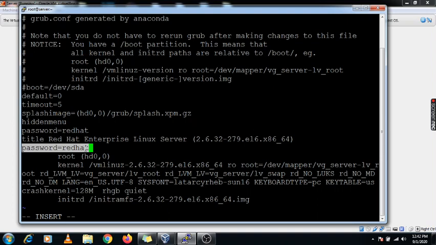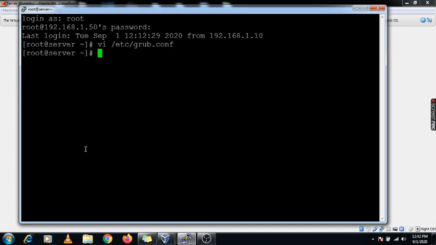So here we have set both. If we do not remember this password, we can troubleshoot using rescue mode and reset the password.